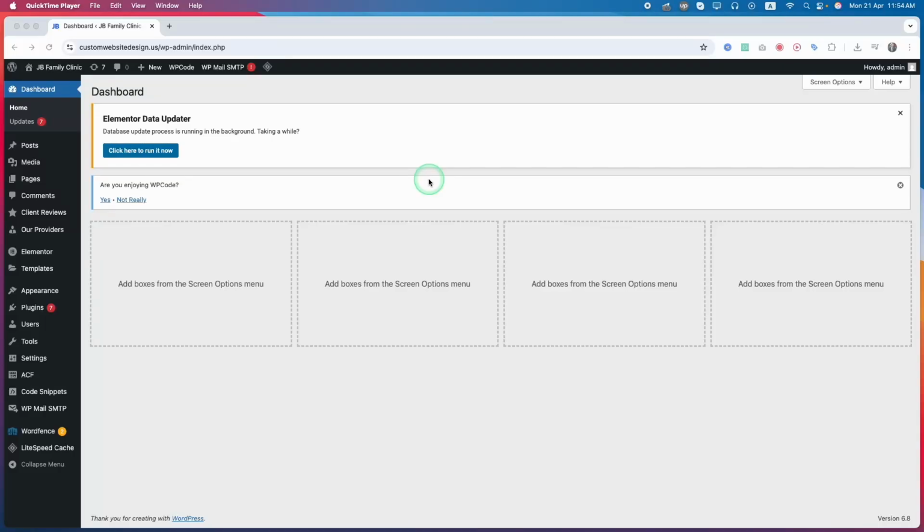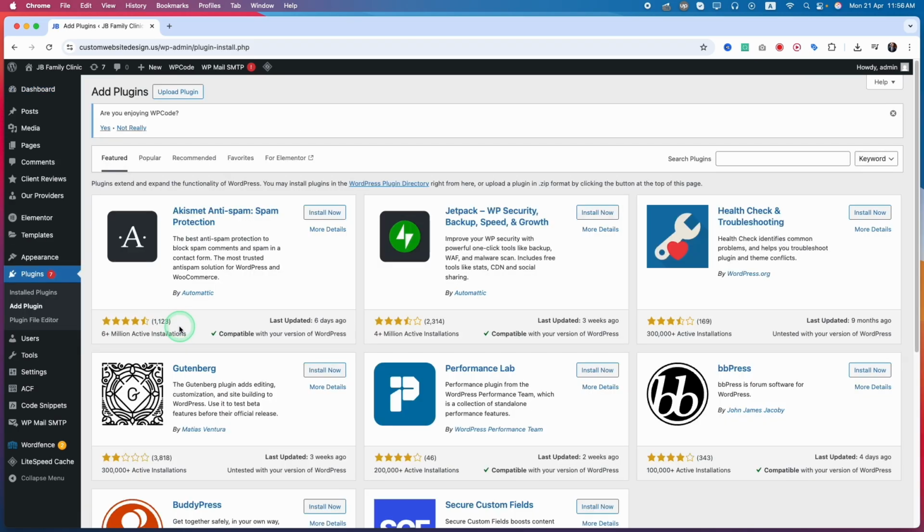Hello everyone, now we have to do the technical and on-page SEO. For on-page SEO, we can easily set up by following the Rank Math configuration steps. So let's do it. First I go to plugins and click on add new or add plugin, and here we